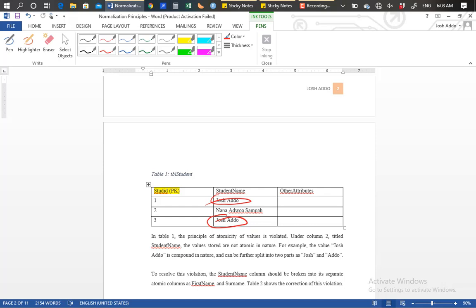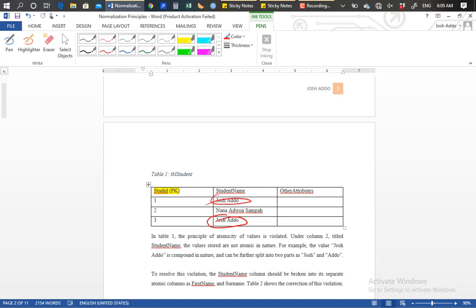And you should understand atomic. It is just a direct borrowing from your science studies on what an atom is. They define atom as the basic element of a matter which cannot be divided again. So that's the same idea. The values under the columns should be atomic. The values under the column should not be compound. It should not be a combination of